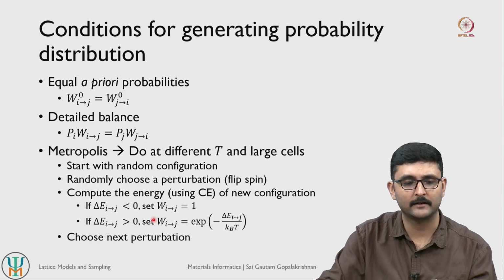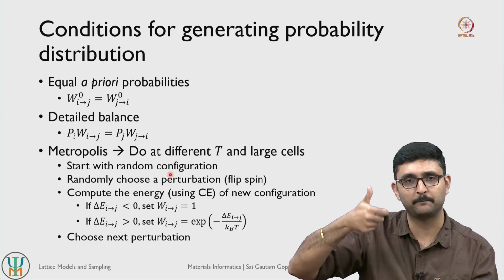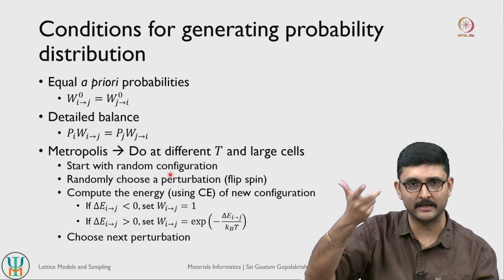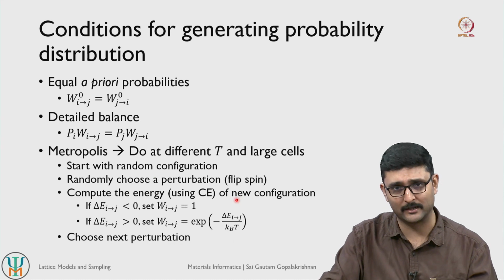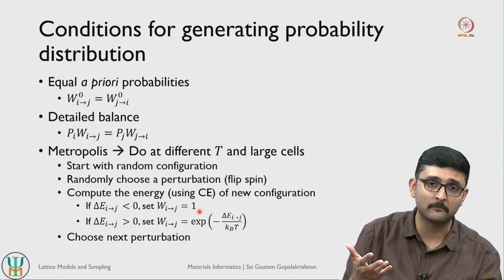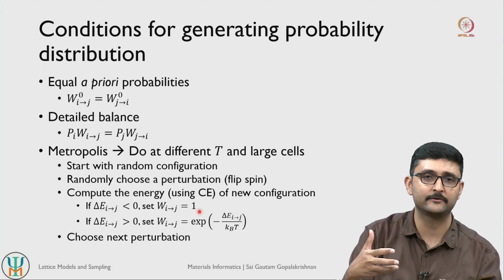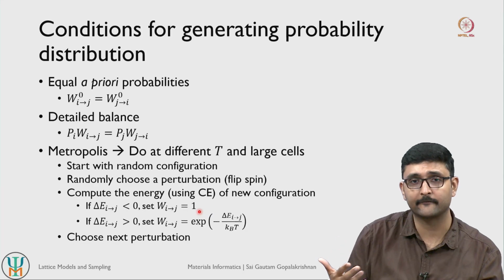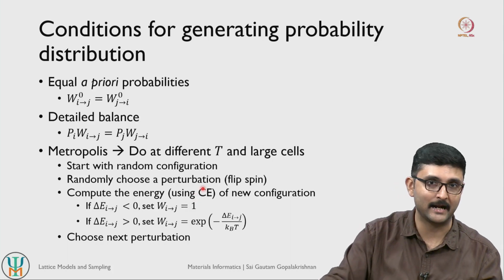Typically we start with a random configuration and choose a perturbation. The perturbation here is a flip of spin or a flip of an atomic species. So if you have atom A, you either remove it or change it to atom B, and then you compute the energy associated with that, and this energy calculation comes from the cluster expansion. The cluster expansion is a lattice model, a fitted model, so the energy evaluations are very quick. If you were to rely on DFT for individual energy evaluations, you would require a lot of computational resources and a lot of time, which you may not have. That is why the cluster expansion comes in handy here.